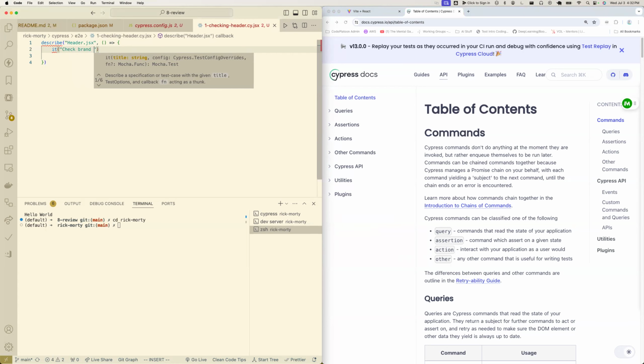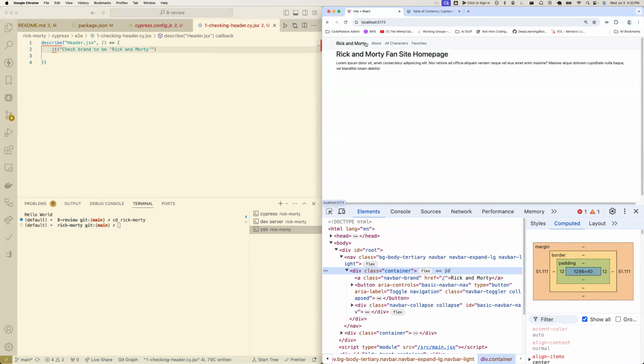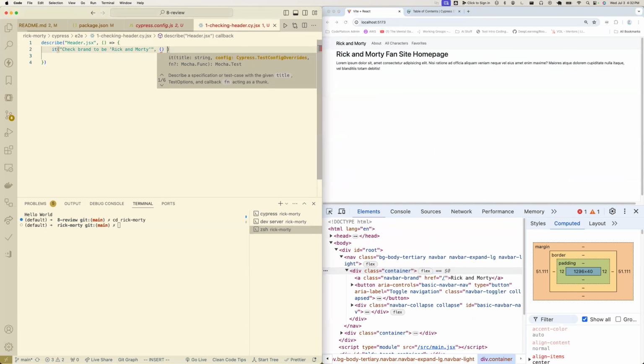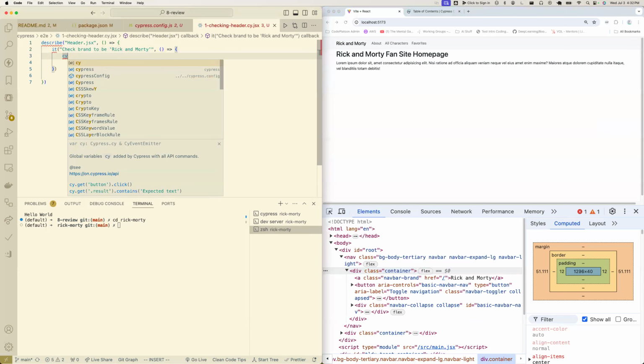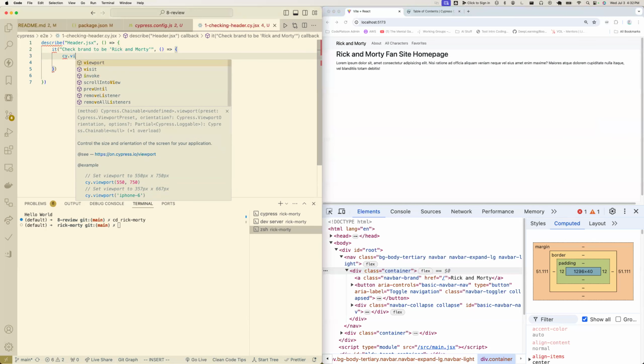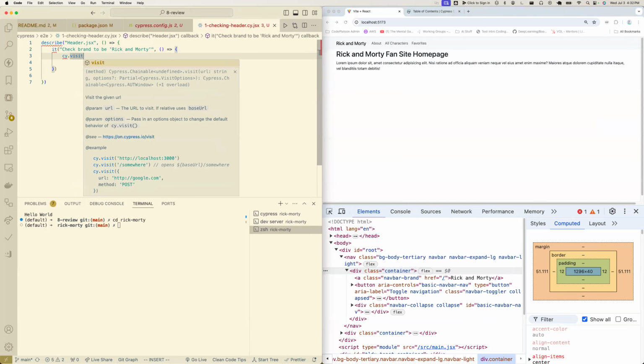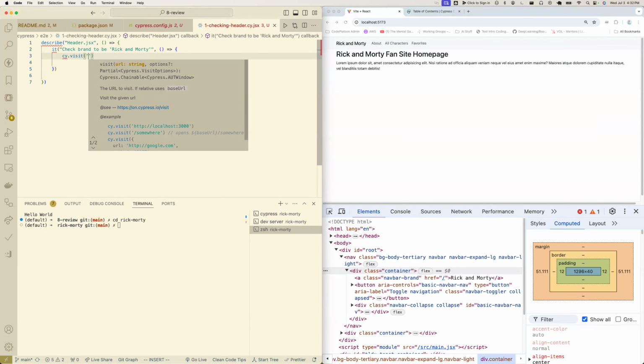So let's check brand to be Rick and Morty. And let me check what my actual brand is here. And indeed it is Rick and Morty. So that seems like a good starting point. And the it block, just like the describe block, takes an arrow function as its second argument. And so now we need to tell Cypress with cy to navigate, to actually drive the browser to the root